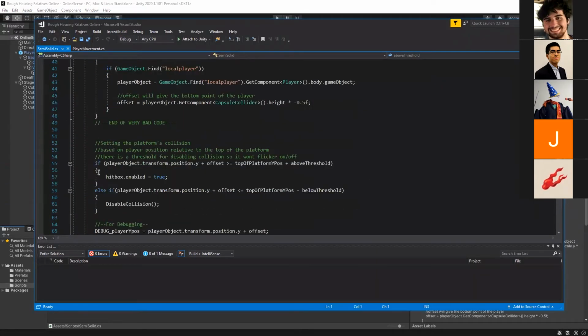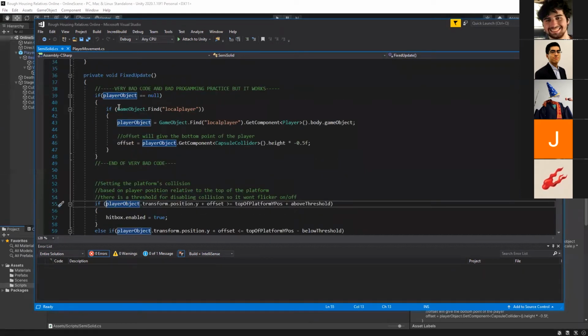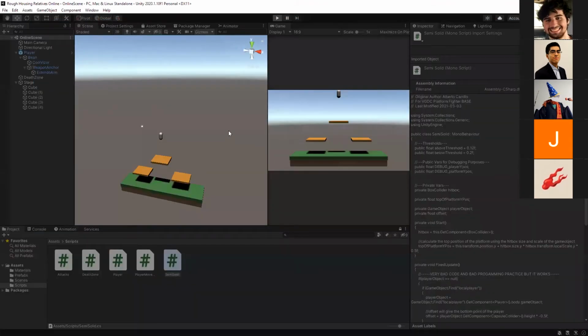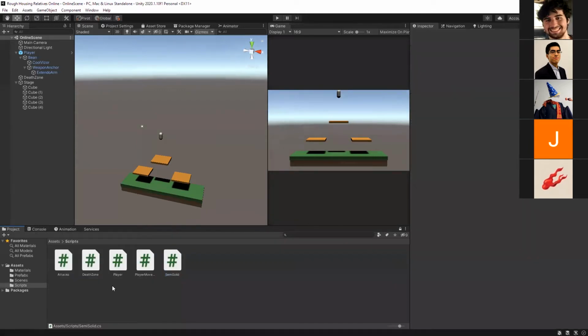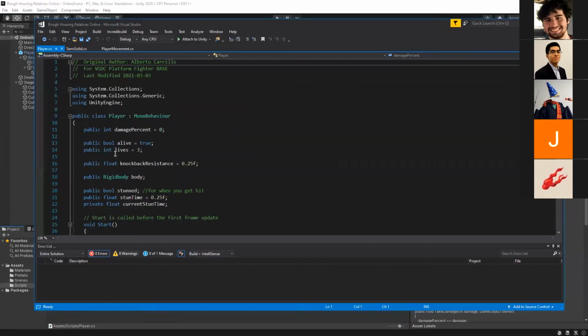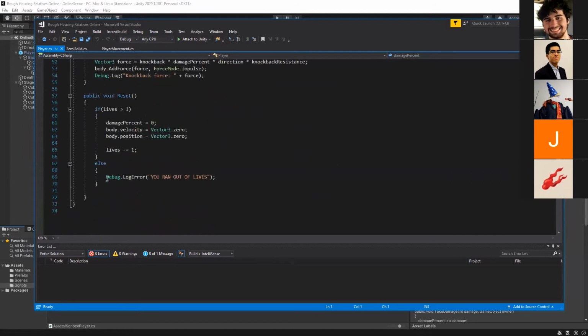I'm wondering if it's because... oh, yeah. So that's probably because, I mean, it might happen at the beginning, but then it should stop. Does it happen all the time or just at the beginning? Oh, no, I think I know what it is. The player name's not being changed to local player for whatever reason. Interesting. When I go to play, it's still player.